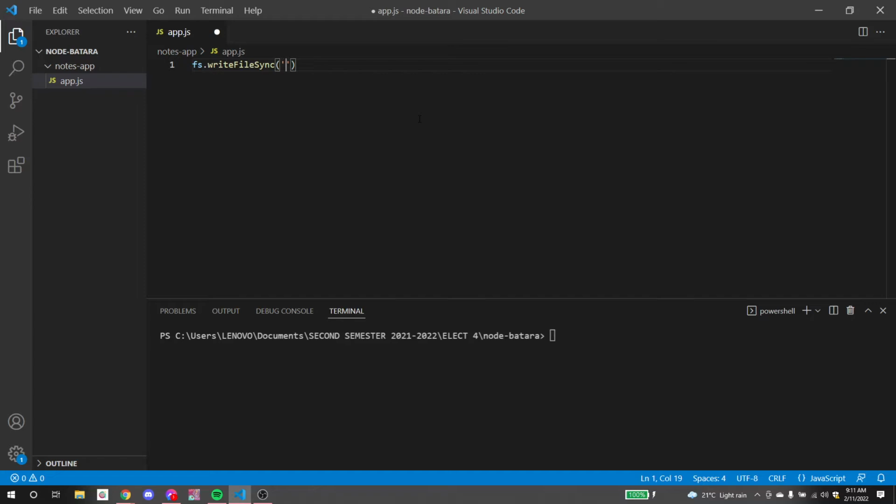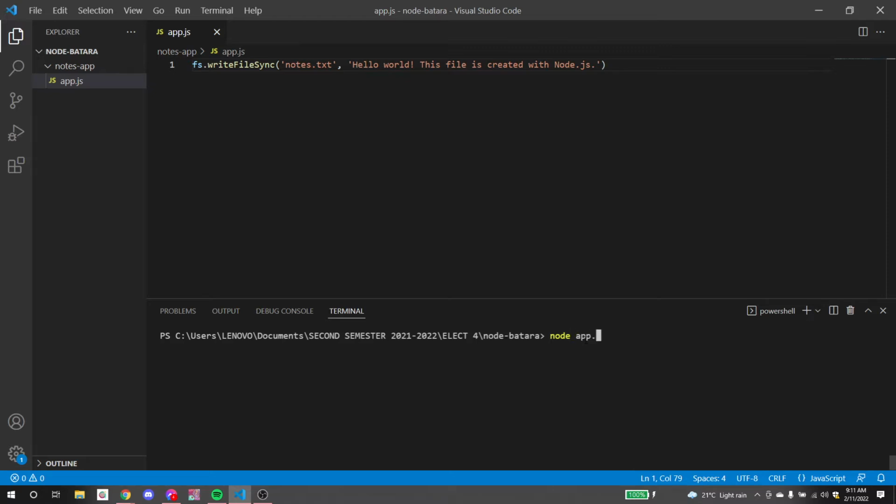First, we have the file name, notes.txt. And then what are the things that we can enter? Hello world, this file is created with Node.js. Okay, so if we're going to run this one,